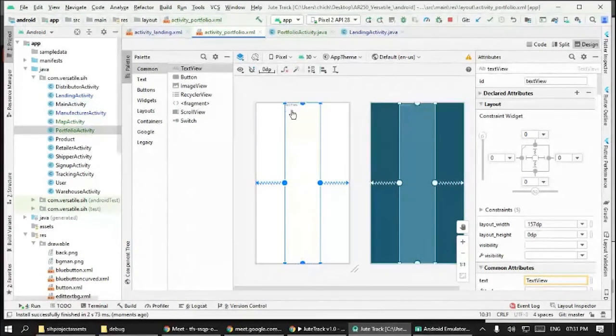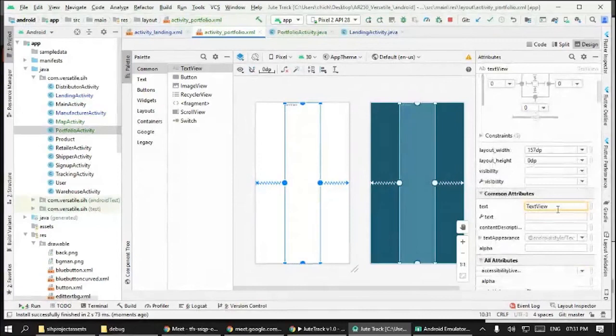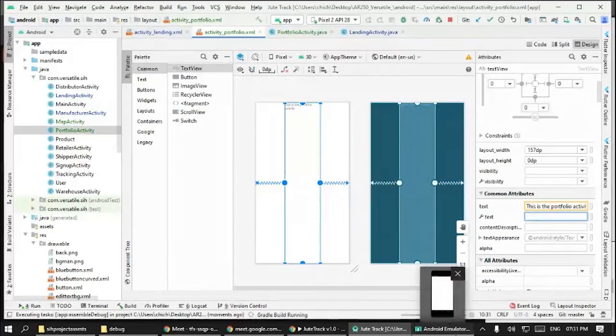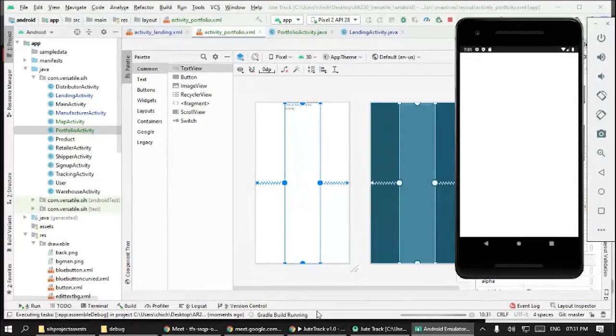I think I can just type here: this is the portfolio activity. Yeah, there it is. And if I run it again, it won't take much time, I guess.